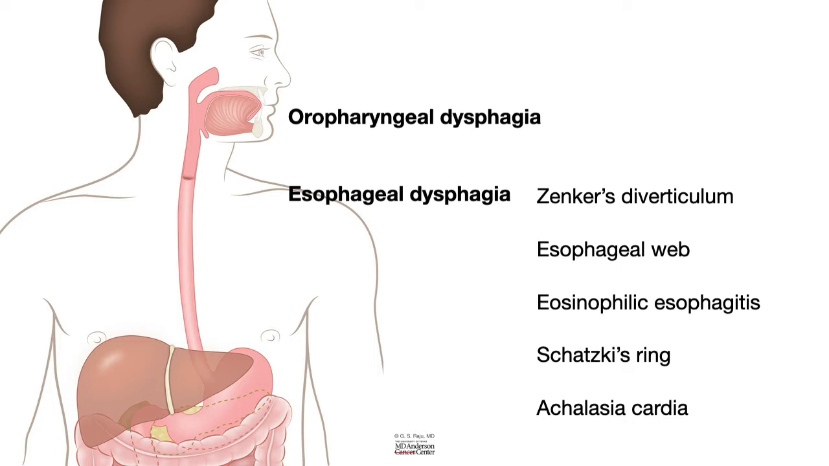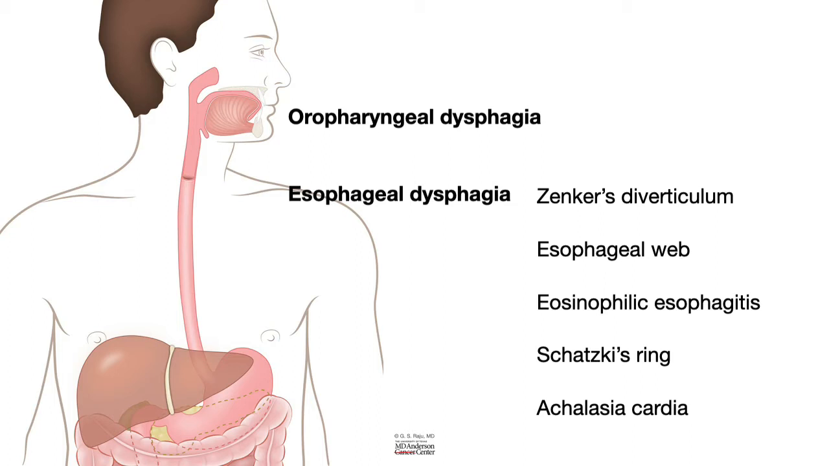Oropharyngeal dysphagia is when someone presents with difficulty swallowing and the food doesn't go from the mouth to the esophagus, and in the process it can get into the windpipe or the trachea, resulting in aspiration, or sometimes it can come out of the nose. That is nasal